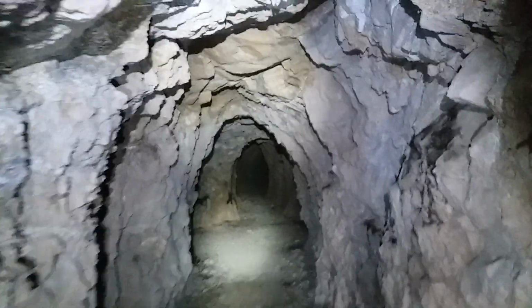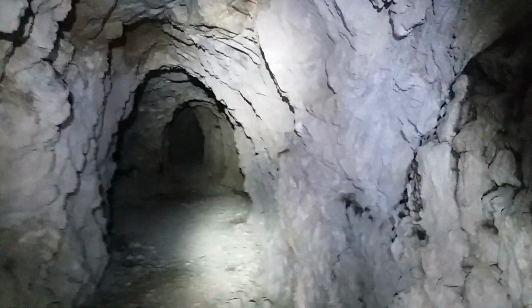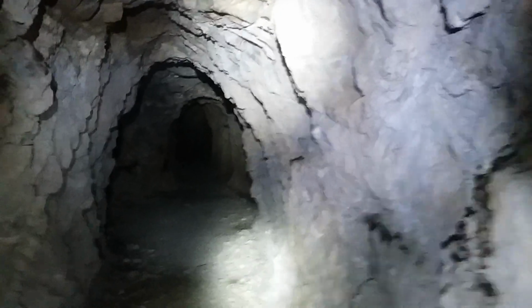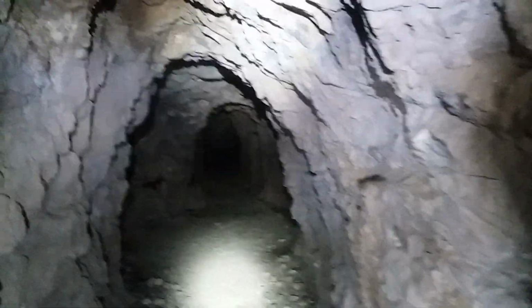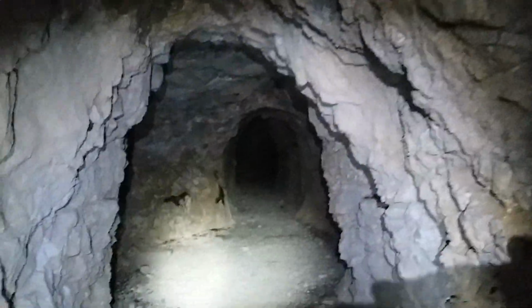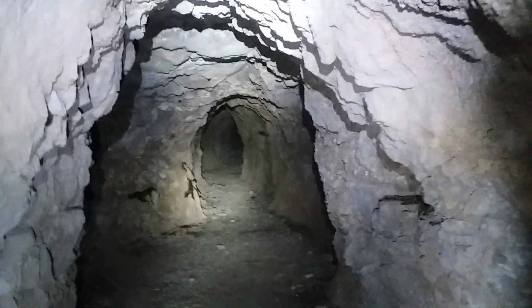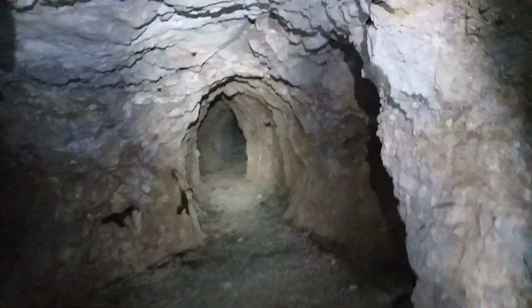So when I first walked in here, I found a dead rattlesnake, and it scared the tar out of me. The way it was laying, I thought it was alive and looking up at me. So I actually turned tail and pretty much ran right out of here. But anyway,